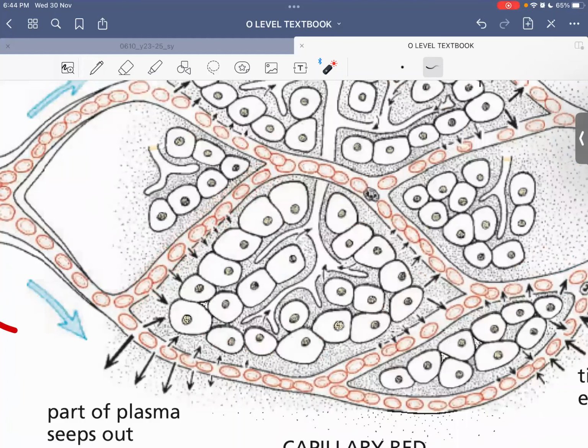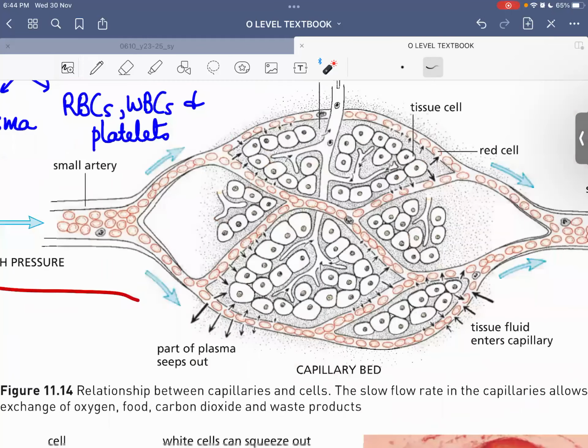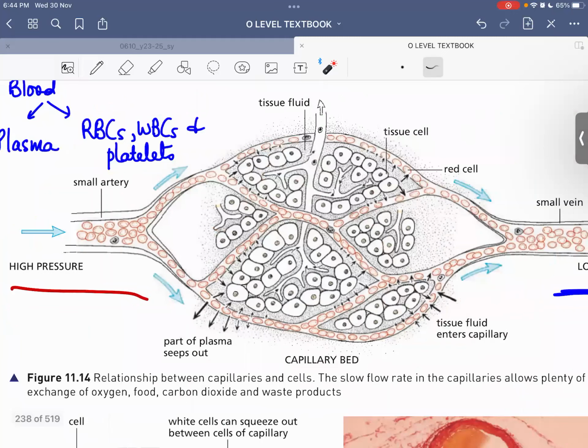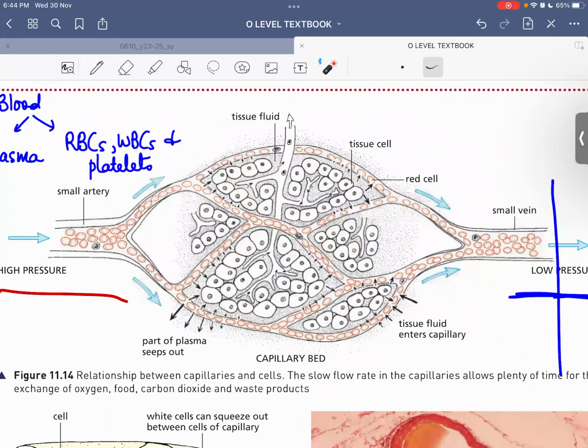But what can leak through capillaries? What can leak out of the capillaries? Plasma can. Red blood cells can't leak. What is the significance of plasma leaking? The significance is this: look, your cells, which they have shown as cells in this diagram,